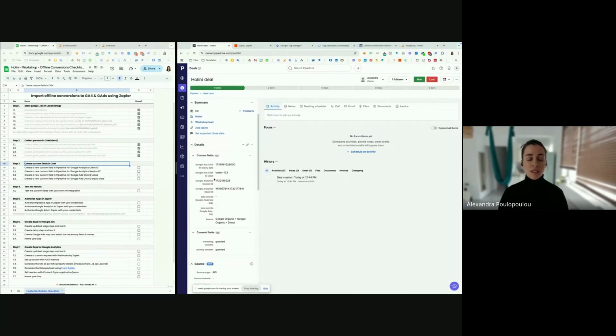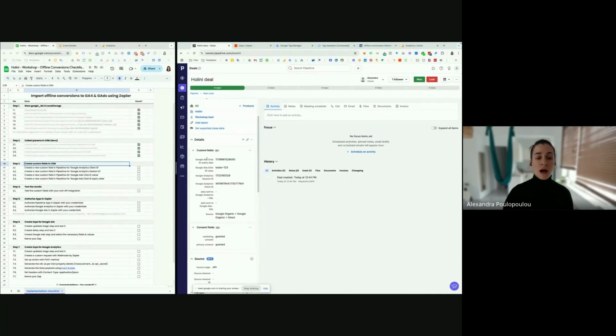And you will see here that I have our Google Ads ID, our GCLID value, its expiry date, and for analytics, the session ID and the client ID. Of course, custom fields can be created for multiple reasons. You can see here that we have even a source path for the consent settings that I defined in our form.